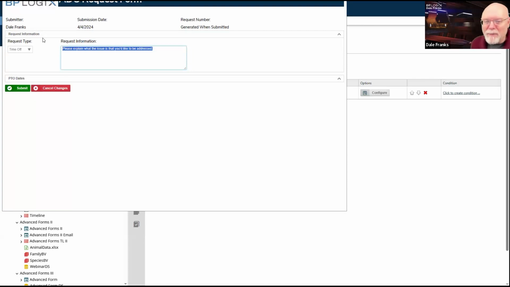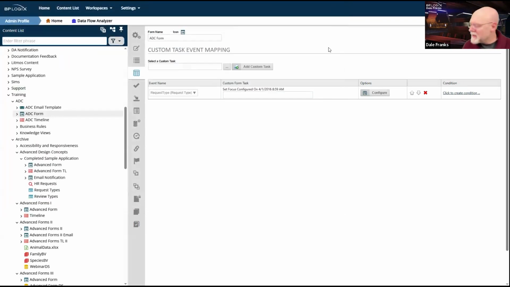And when I hit tab, it just moved me directly to the next field, which is my request information field. And I can make the changes that I need to make to that field automatically. So great. That fixes that problem.